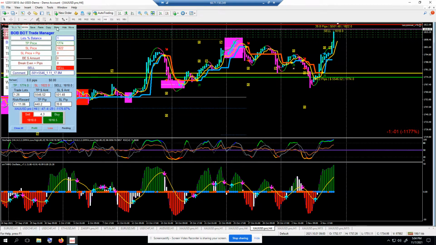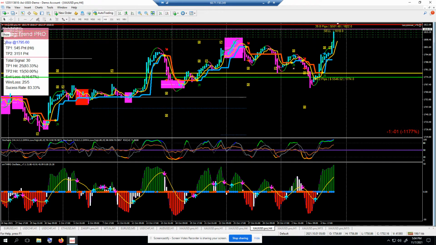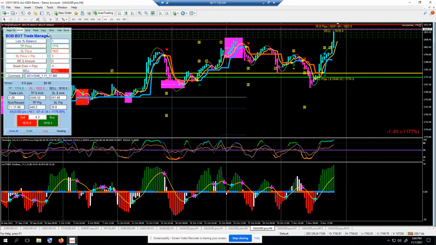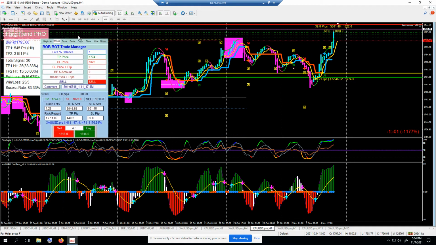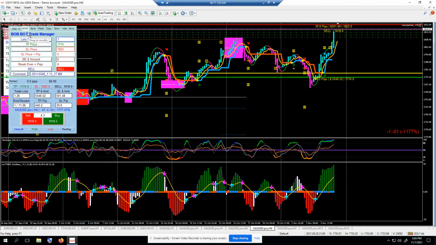And then I can hide it and I can show it. So this button is not also working. This button is not necessary because obviously I can only hide it and then I can show. That works. And then the move button works. And then there's a magic number that goes in there. I can put in the magic number. It's kind of hard to see. And then in the comments,